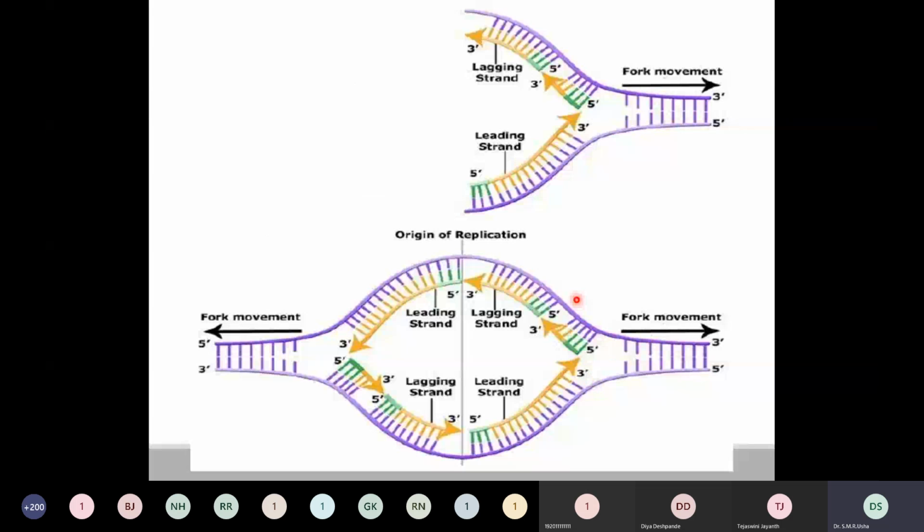This is only for you to sit quietly and analyze the whole replication bubble, because I have been teaching you one half of the bubble, that is one replication fork. If you see the whole replication bubble, this is what it looks like. See, this is the parental DNA. On this side, as a whole, 5 prime to 3 prime direction. The whole bubble like this, it goes anti-parallel to the parental DNA. On this side, what happens? You can see 5 to 3, anti-parallel to this parental DNA. This is for you to sit quietly and analyze.